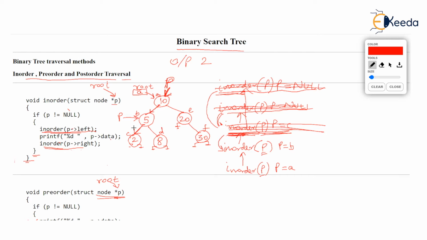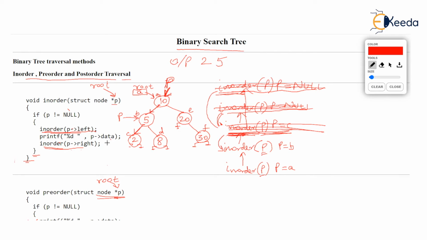So when you are back at phi again, when you are back in this function, it is so easy that you will resume after the left recursive call, because you have just now come back from the left child to phi. I hope you are understanding. So the printf statement will resume in this function where p is pointing to phi, and the next data printed will be phi. Hope no problem, no questions. You are following this video properly.